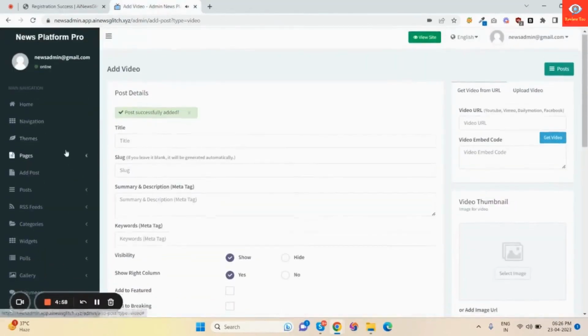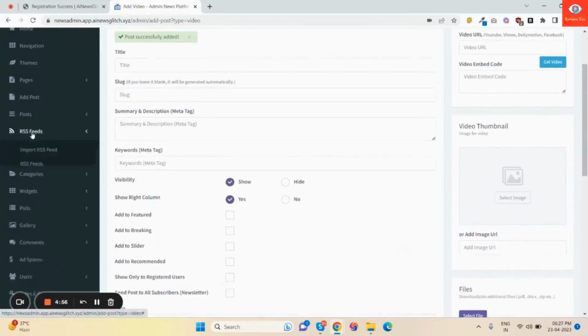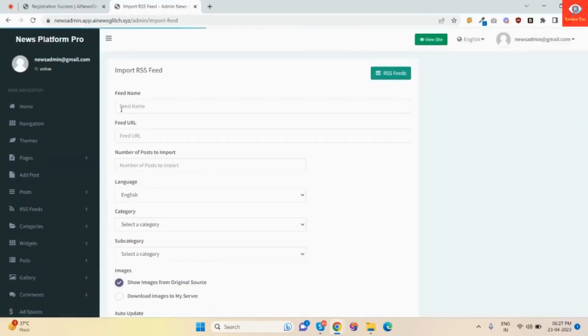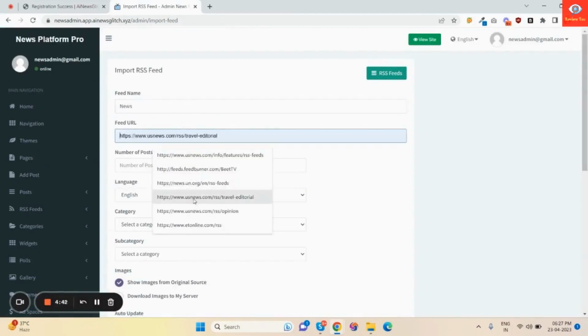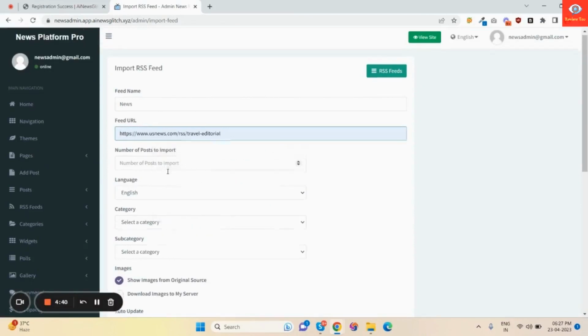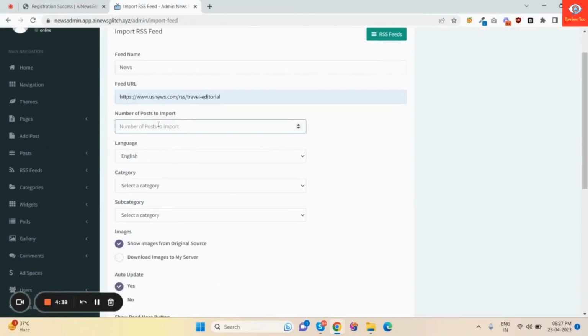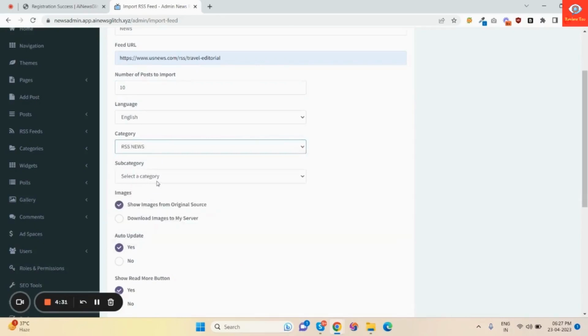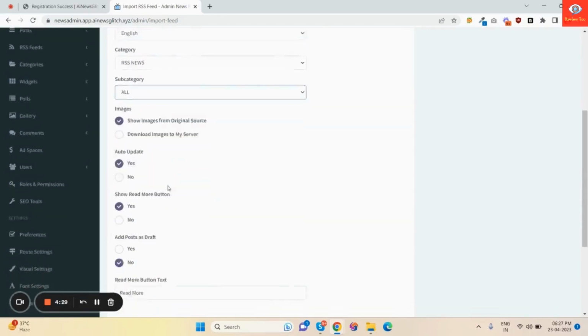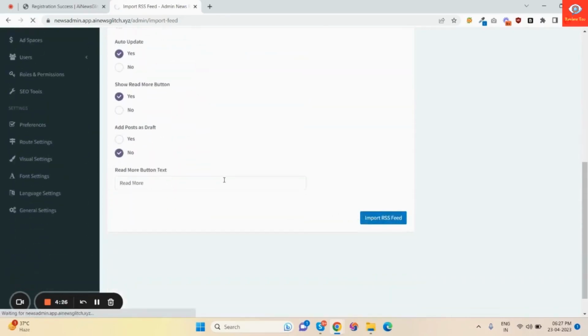Okay, so now I will show you how you can use an RSS feed to import other news into your website. Just click on import RSS feed, enter your feed name like news. Here are the feeds like US news and how many news items you want in your website. Now just click on 10 and then select the category and RSS news. Now subcategory all, and now just click on import RSS feed.